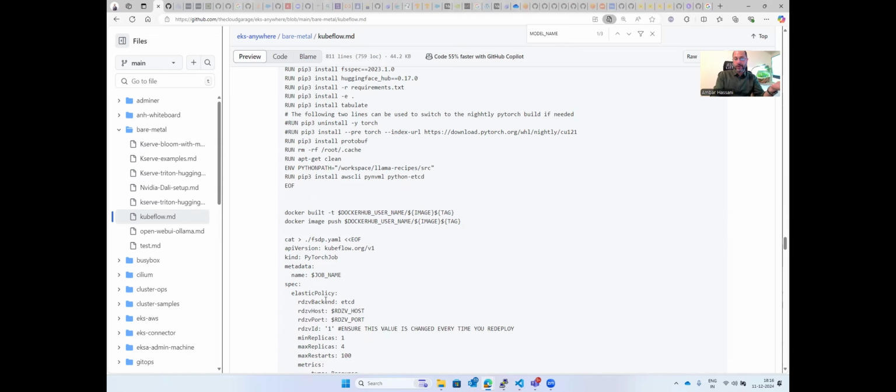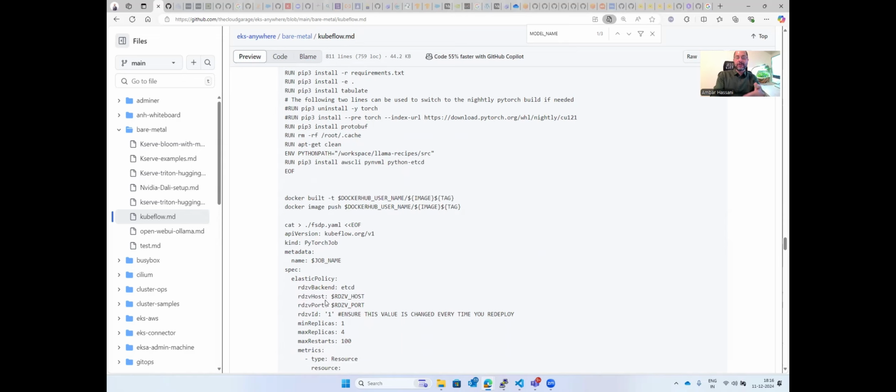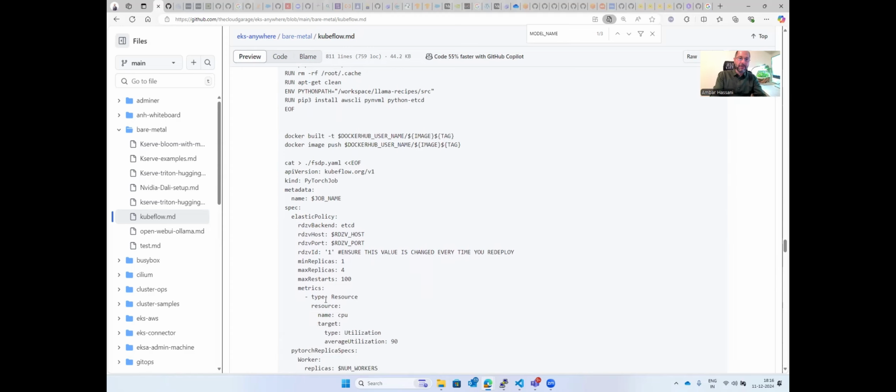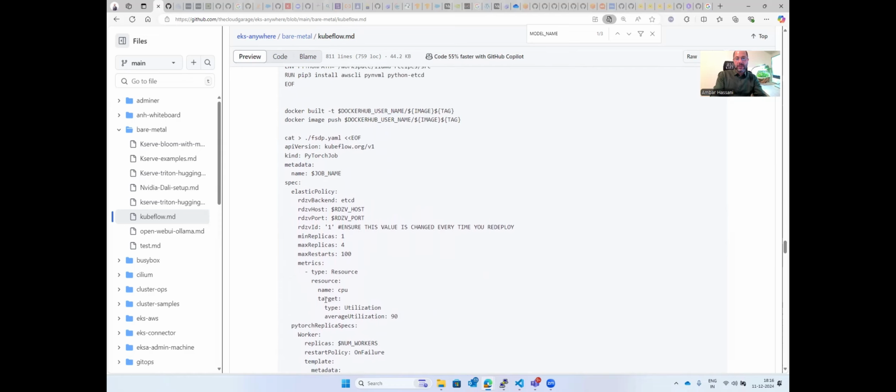If it's public, then it's okay. If it's private, then you have to supply a secret as well when you download, right? In this case, I've just pushed it as a public repository. Now, once our Docker image is built, we will create a file called fsdp.yaml, which basically is